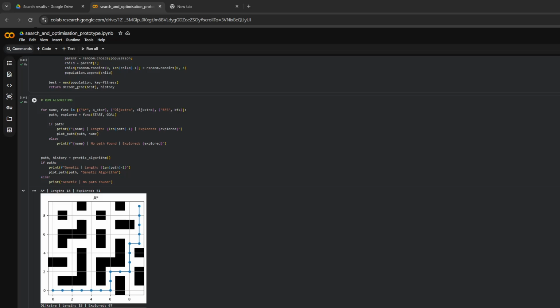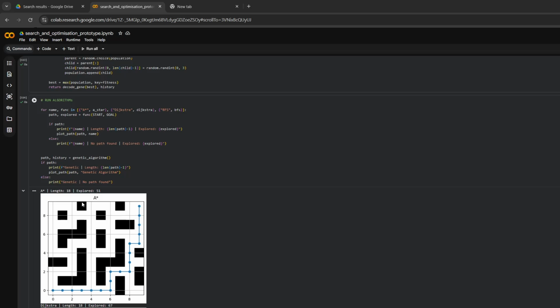So breadth first search is best for equal cost steps, where it's not going to cost more if you go in the wrong direction because it's not considering cost. Dijkstra's is good for weighted graphs because it's thinking about the cheapest one. However, A-star overall is best with pathfinding, and that's why you can see it's done the best out of all